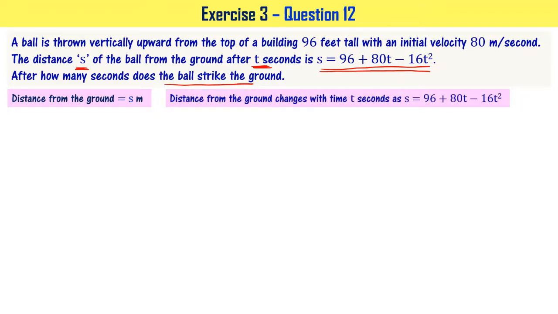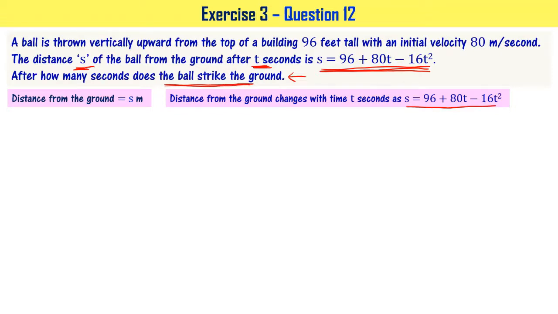Distance from the ground changes with time t seconds as s equal to 96 plus 80t minus 16t square. These are the two statements given. Now the problem statement says that we have to find after how many seconds does the ball strike the